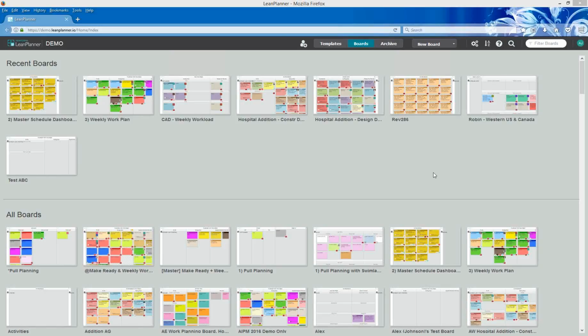That being said, LeanPlanner is fairly straightforward, right? The whole point is that when you...